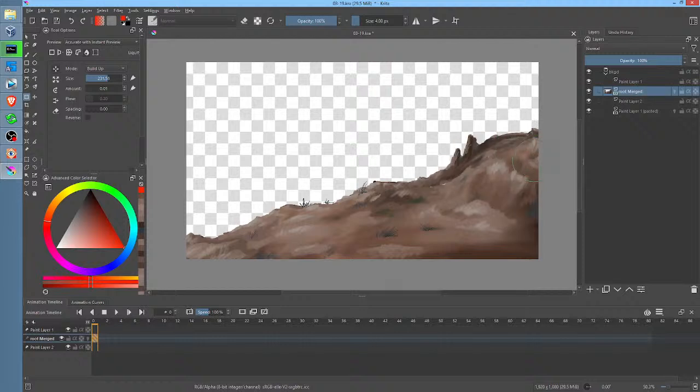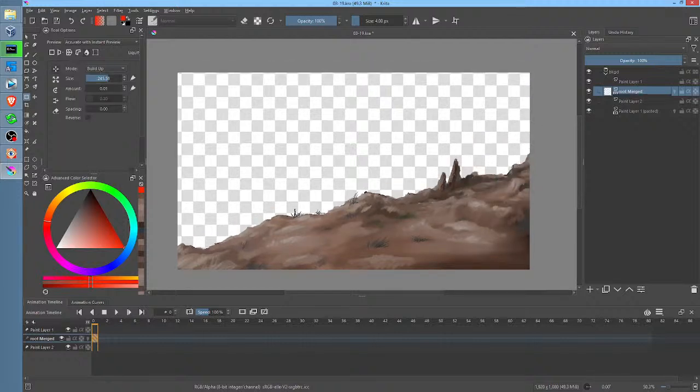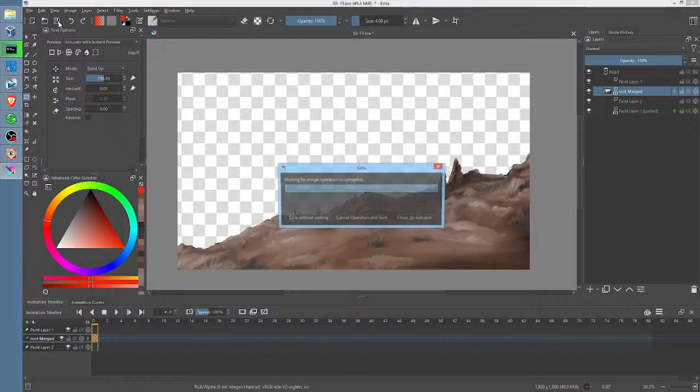I have never seen in recent history liquify being this slow, and this is not a wimpy machine. This is a 12 core machine with 32 gigabytes of memory. And a somewhat aging, but still pretty darn good, video card. But yeah, look at that. That is bizarre. Makes me want to close Krita and reload, but